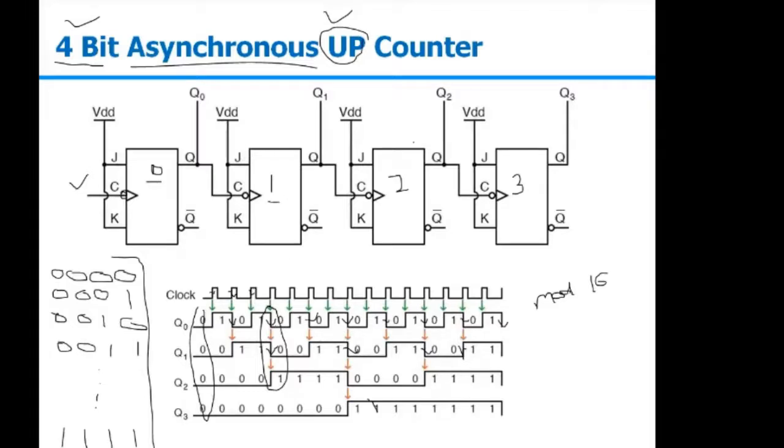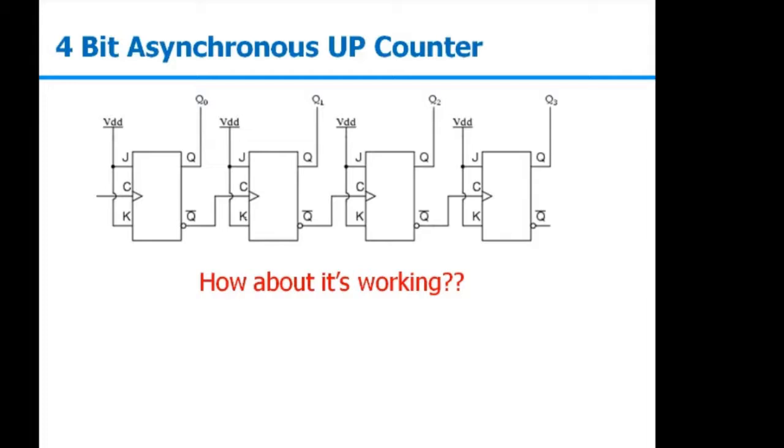Now suppose, so this was a 4-bit asynchronous up counter in which we are working with the negative edge triggered flip flop. Now suppose we are having positive edge triggered and we still want to design an up counter. What we need to do? In that case, we will be connecting Q bar as a clocking input. So if I'm having a positive edge triggered clock like this, and I want to design an up counter again,